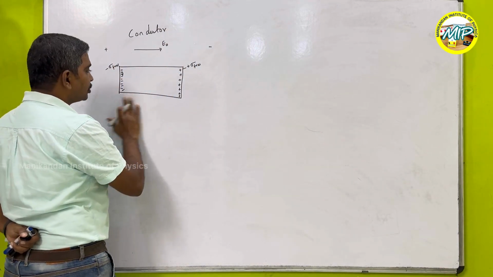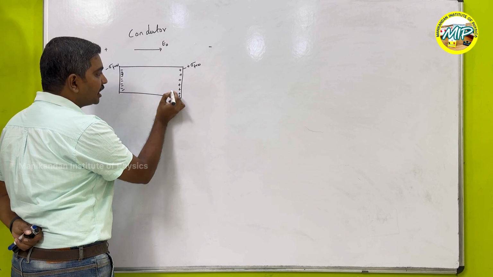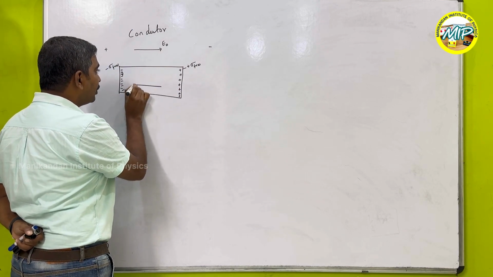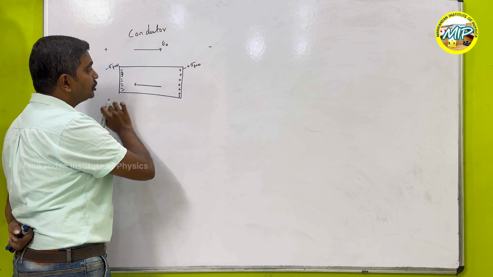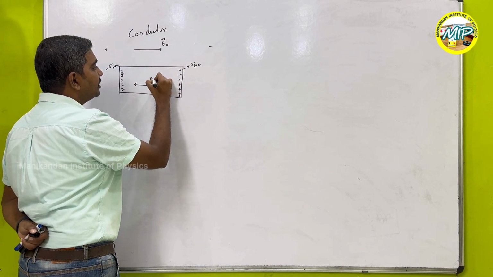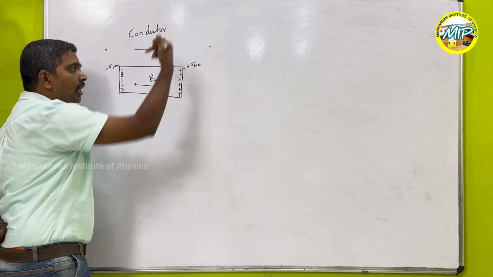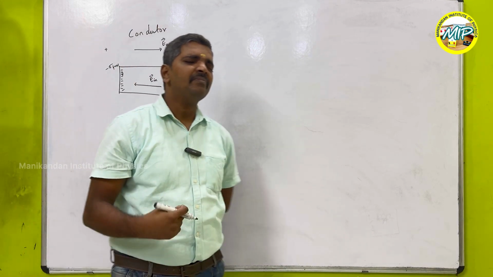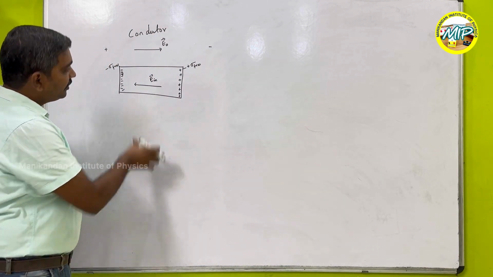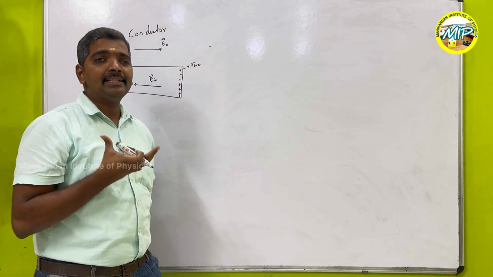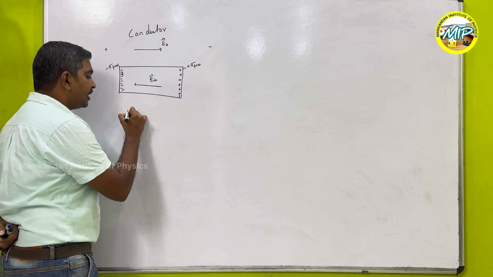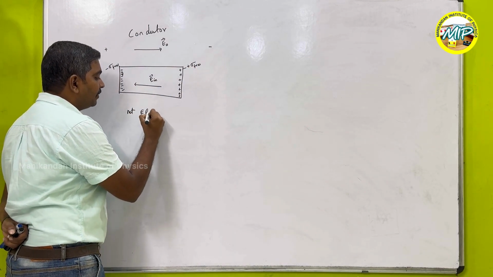Because of this charge configuration, an electric field is produced inside the material, exactly in the opposite direction of the external field. This is a vector quantity. So my electric field inside the material is exactly in the opposite direction of the outside electric field. If we take the net electric field inside the material,